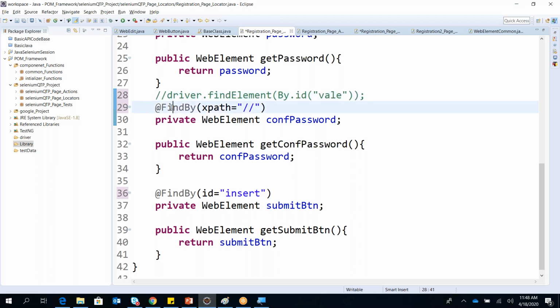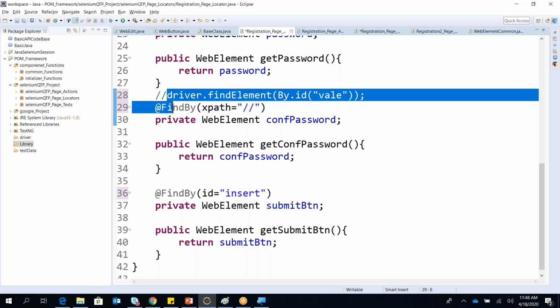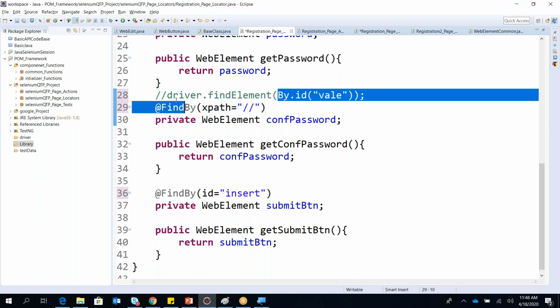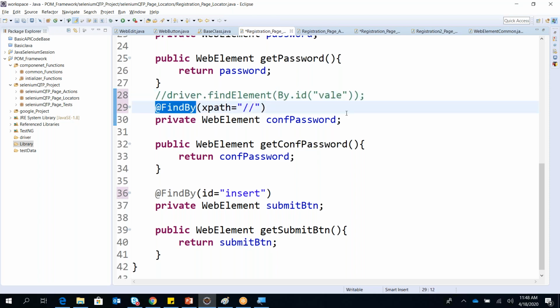This code is converted into a find by. Find by is an annotation. It is nothing but an implementation of these things. So it will reduce a lot of code, and using find by, it will perform the same action, but you need to write only @FindBy, which is nothing but your annotation. That's it.